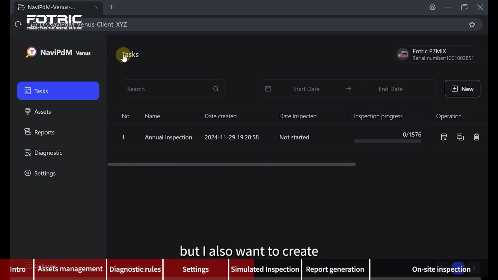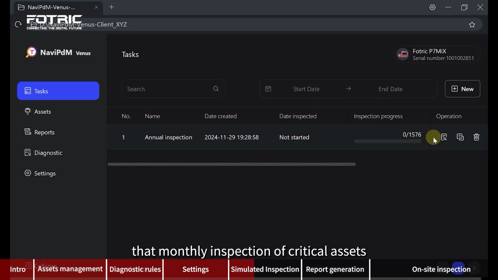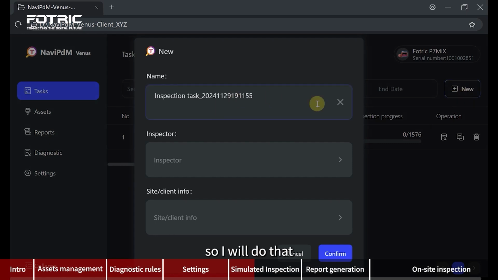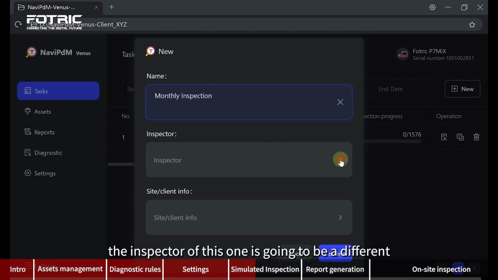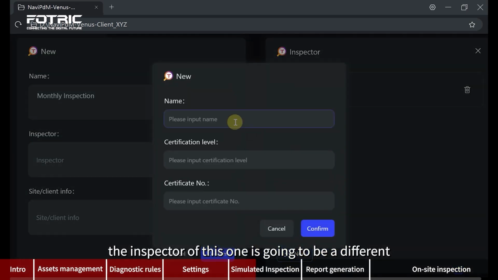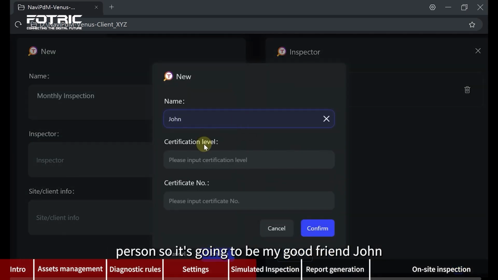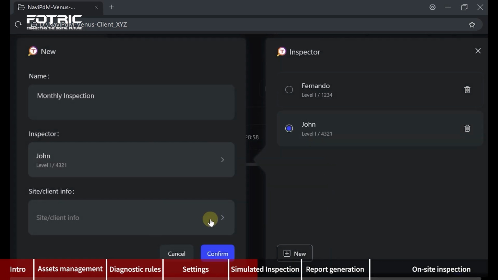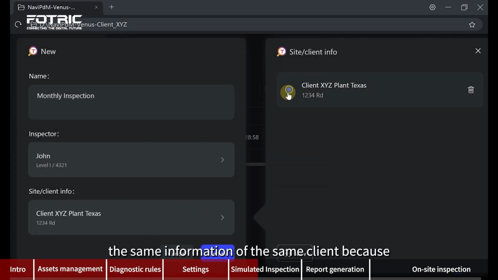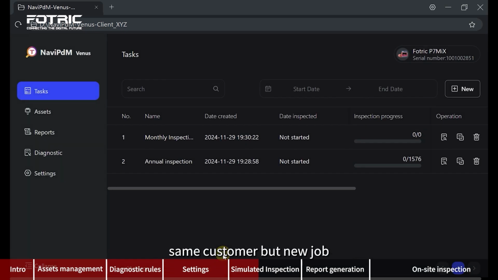But I also want to create that monthly inspection of critical assets. So I will do that, change the name and say monthly inspection. The inspector of this one is going to be a different person. So it's going to be my good friend John. He's also one of our techs. The same information of the same client, because he's the new person assigned for this job, same customer but new